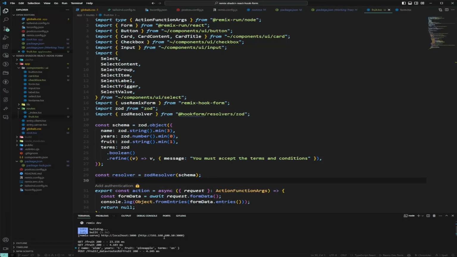Alright, so now that we're back in VS Code, I have prepared some code for us, and you can also see that the post request went in, and the name, the years, the fruit, and the terms were sent to the backend. As you can see, the terms are "on" because that's how checkboxes work by default, and the years have been serialized into a string. This is what I was talking about earlier when I said that the data gets serialized and sent to the server. So let's see how we can use Remix Hook Form to actually get a nicer backend data object,